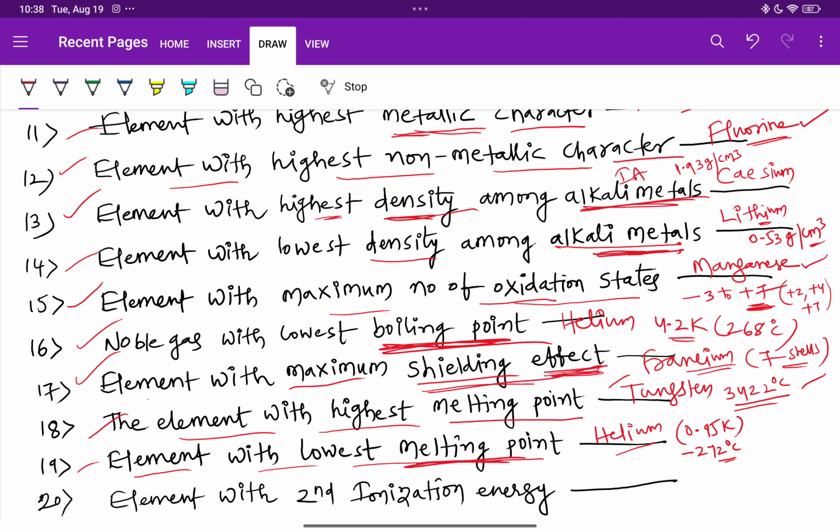And the element with the highest second ionization energy. So that is very clear, helium. Helium is the element with the topmost ionization energy, and the second ionization energy is also highest for helium, that is about 5250 kilojoule per mole. So these 20 questions are very